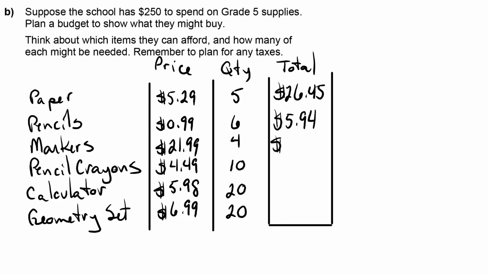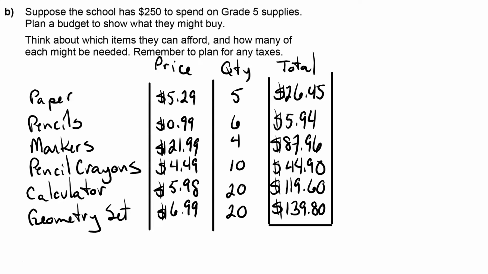4 times $21.99, that's like 4 times 22, which would be 88, minus 4 cents, which would be $87.96. 10 times $4.49 is an easy one, $44.90. 20 times $5.98, that would be like 20 times 6, which would be 120, minus 40 cents, so $119.60. And 20 times $6.99, that would be like 20 times $7 minus 20 cents, so 20 times 7 would be 140, or